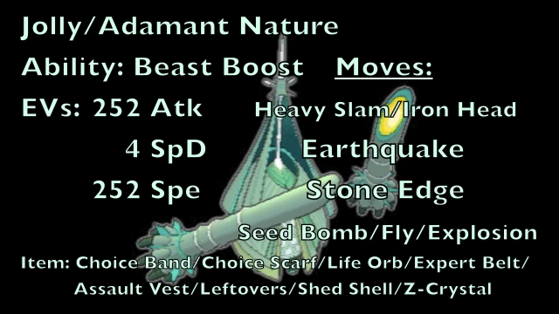But as for the last move, there are quite a few options that this Pokemon can go with. The first being Seed Bomb to give you some pretty good grass type coverage against a variety of opponents you might be up against. The second being Fly, more specifically to be used in combination with Flying Z to give this Pokemon a super powerful flying type move to make use of, flying being of course one of the most powerful attacking types in the game because there's only a handful of things that resist it, or going with Explosion